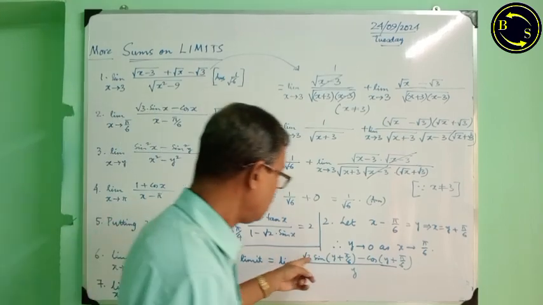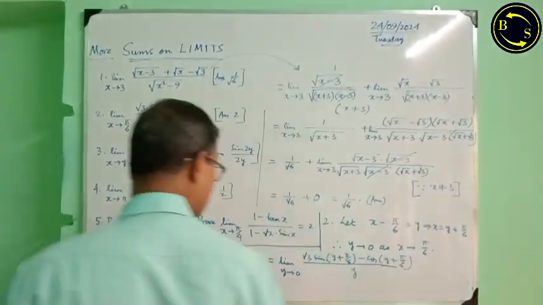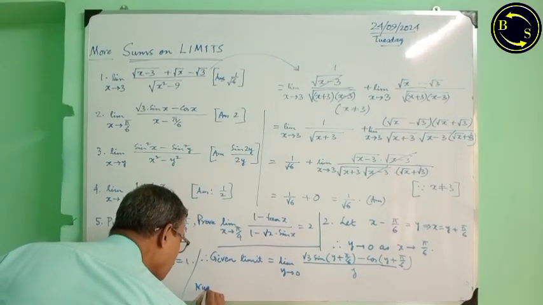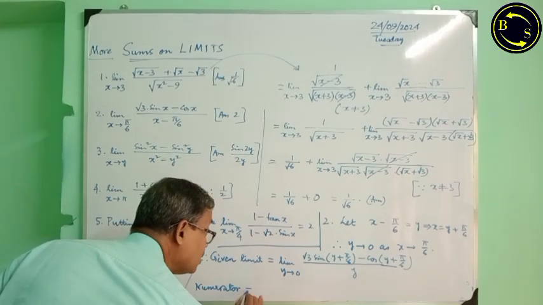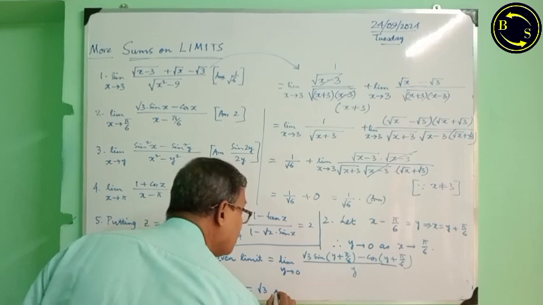Now, the numerator is to be simplified. I simplify separately. Numerator is equal to root 3